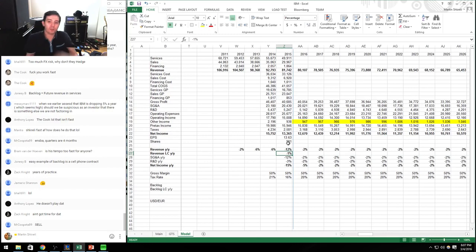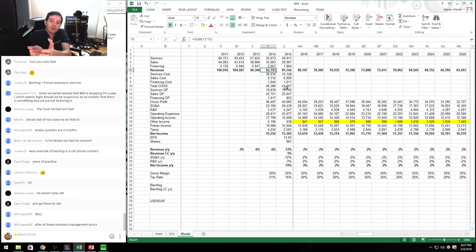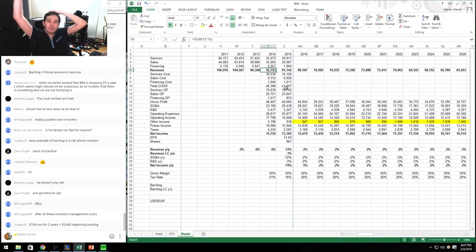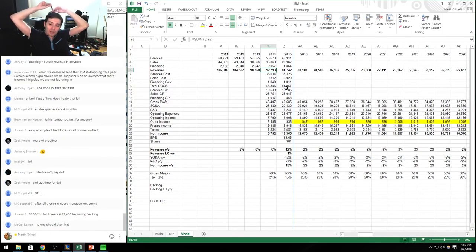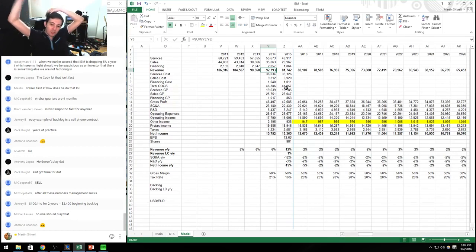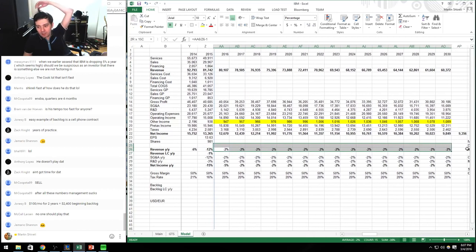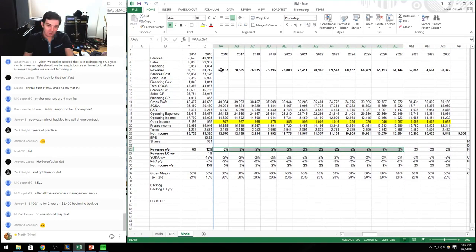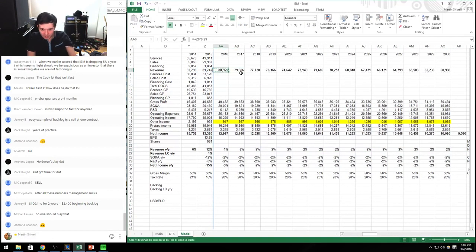Well, 8 points came from currency due to the weak euro, I'm guessing, and 3 points from divestitures. What's a divestiture? It's when you sell a business. So obviously, if you sell a business in 2015 or in 2014, you're not going to get the revenue that you were getting from that business anymore. You're going to get cash instead. And if you decide to sell one of your businesses, like I know they sold their PC business to Lenovo, the laptop business, you're not going to be able to book your revenue anymore. But you have to exclude that out if you want to think about what's going to happen in the future, right? So if they're only going to shrink by 1% in the future,